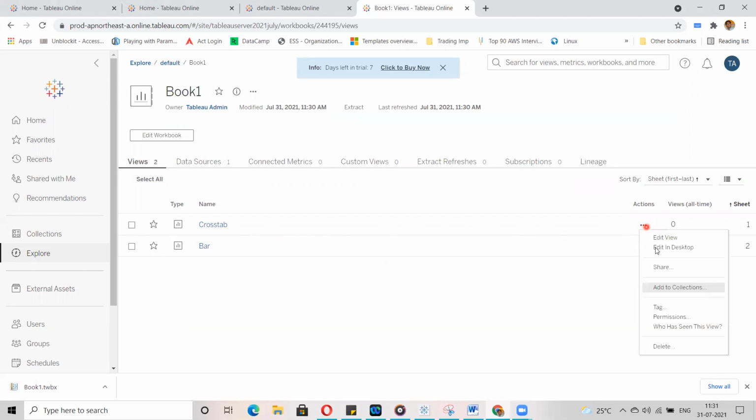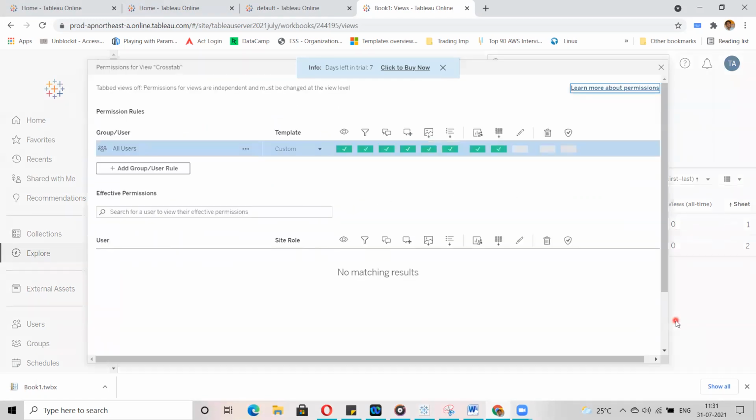Click on that and you can see permissions. Once you click on permissions, another window opens. Permissions for view crosstab means we are going to give permissions for the crosstab view.